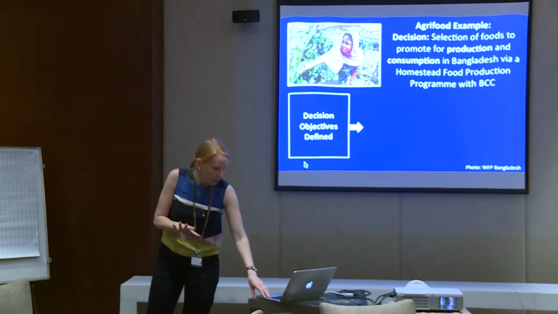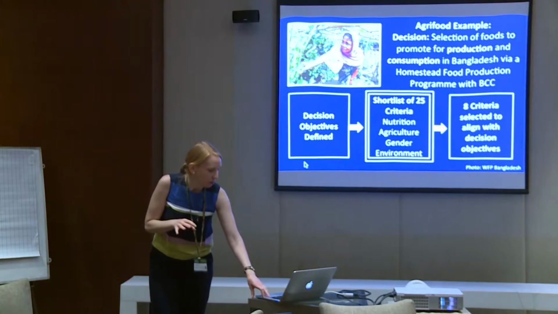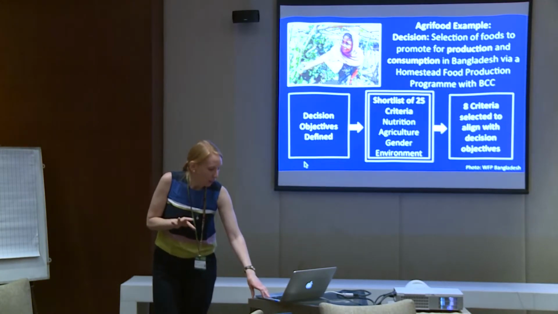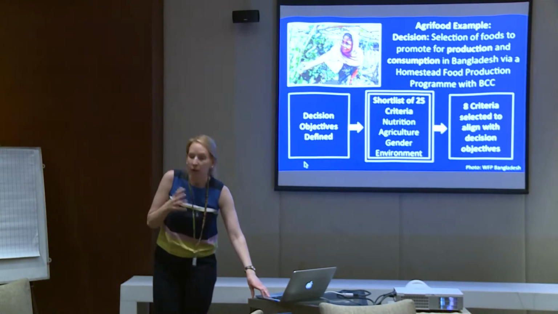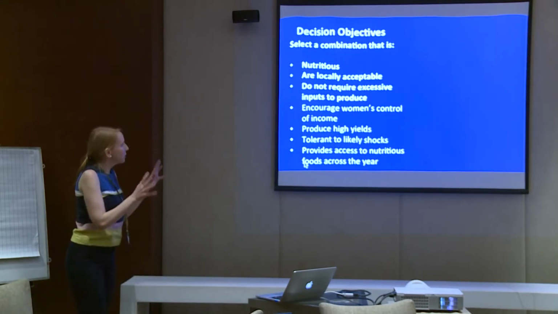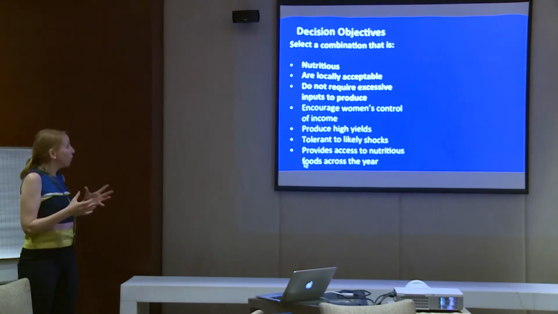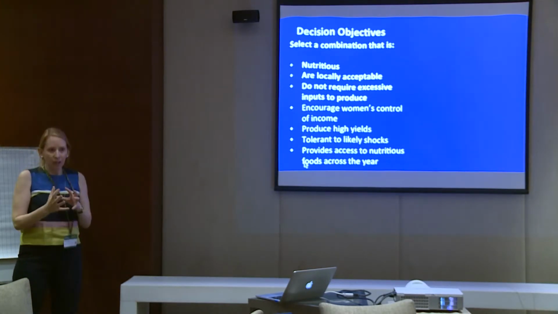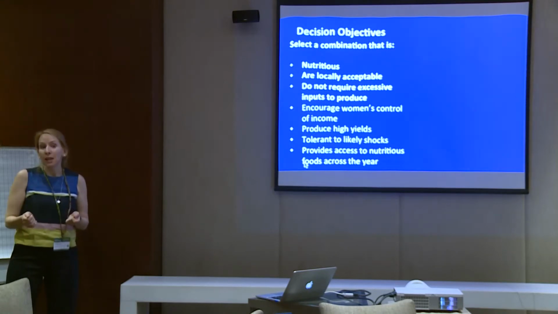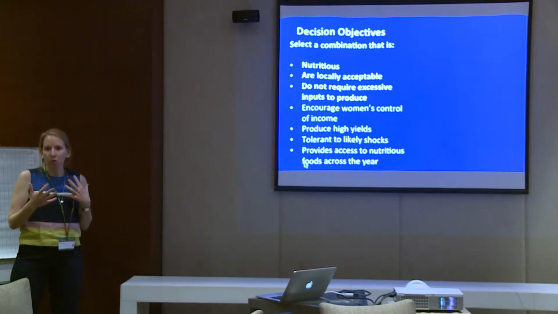In this example, the decision objectives had already been defined. That was used to select from the list of criteria, and 8 criteria were selected to align with the objectives for this decision. So for this particular decision, they wanted a combination of foods that were nutritious, were locally acceptable, people would want to grow them and then eat them, did not require too many inputs, so it wasn't very